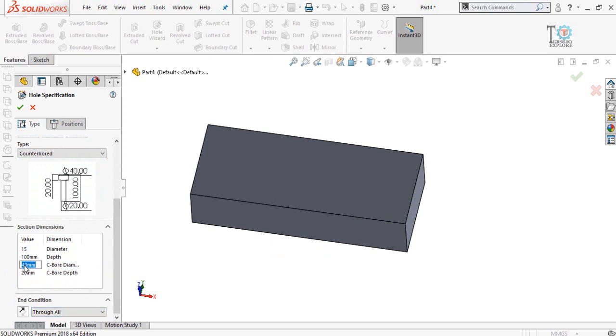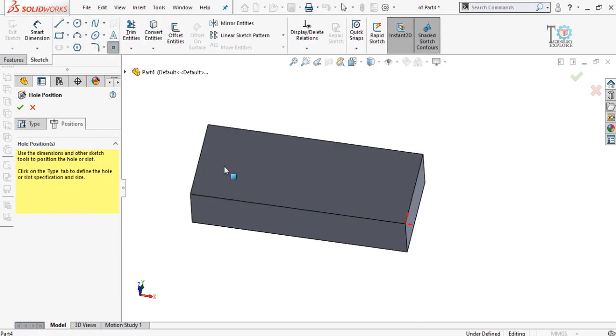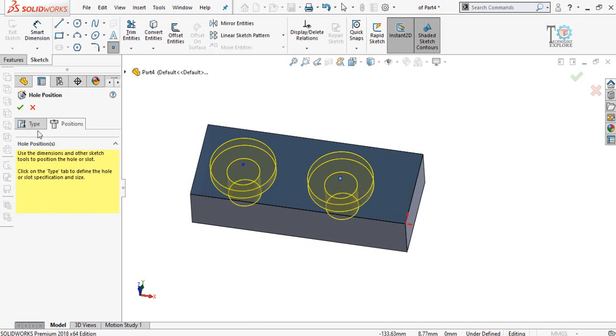Then counterbore diameter, let's say 30 millimeter, and the depth for the counterbore should be 5 millimeter. Then click on the positions tab, and select the face where you want to add those holes. I'm going to select this face, so one hole here and one here.